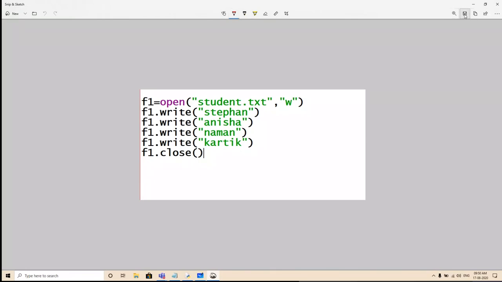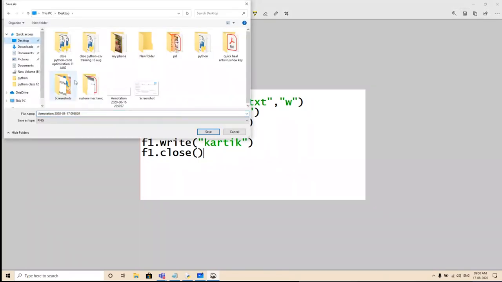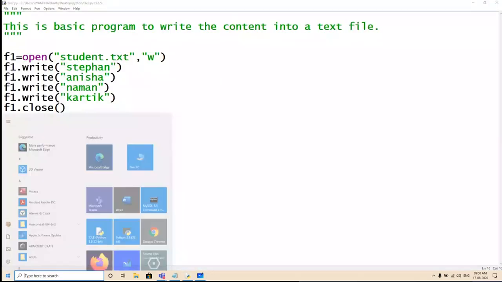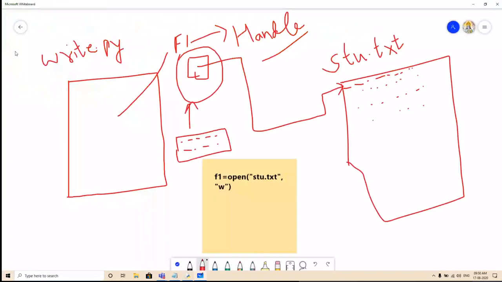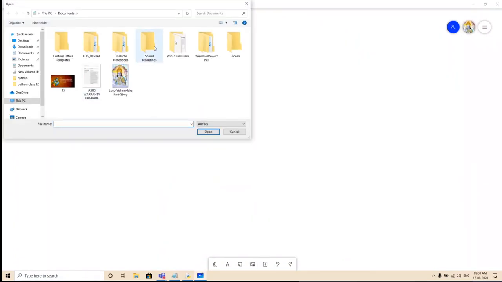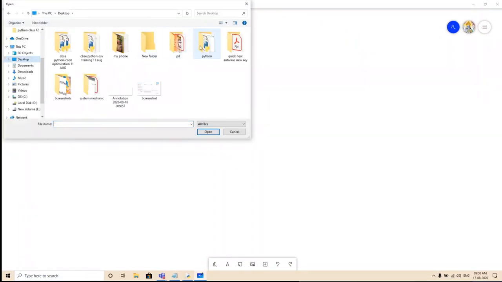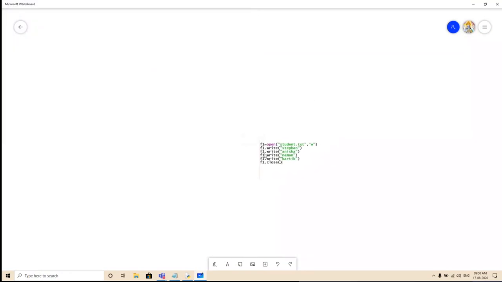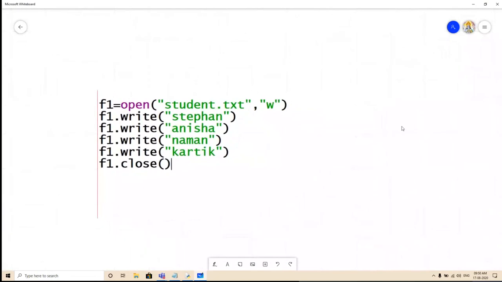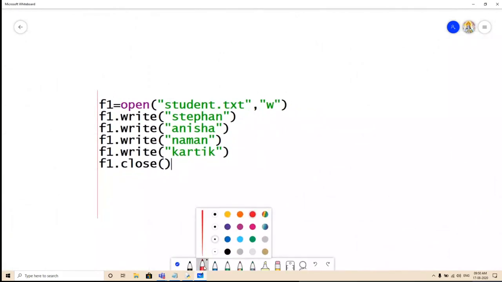Let us open this because there is one important thing we have to discuss. Here we go. This is a screenshot of that program. What will exactly happen by using this? Let's understand this now.